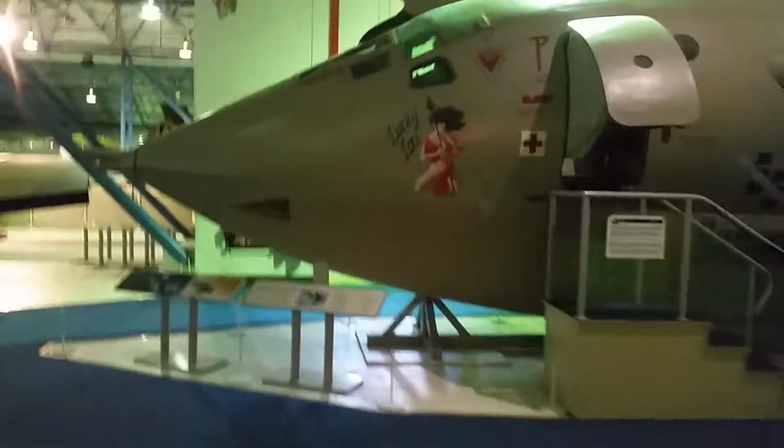And over here is one of the Victors that was used during the Gulf War, Lucky Lady. This is what they've retrieved from her. If we go up in the cockpit, you can see the interior. Here it is. Very cramped and compact, considering what a big aircraft it was. There you go. So let's move down, because there is one more aircraft I want us to see. If we move down the back here,